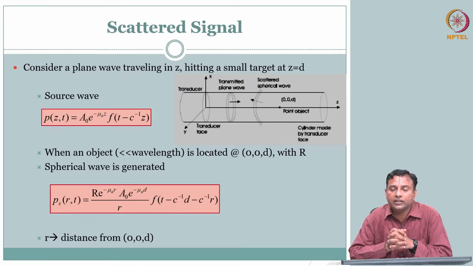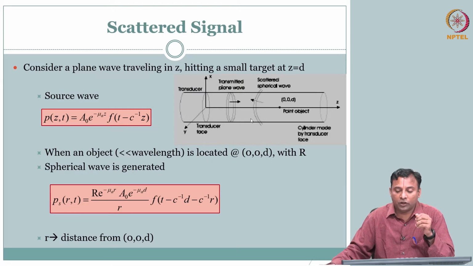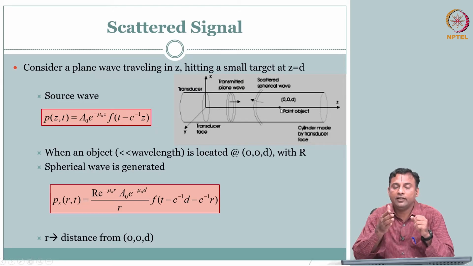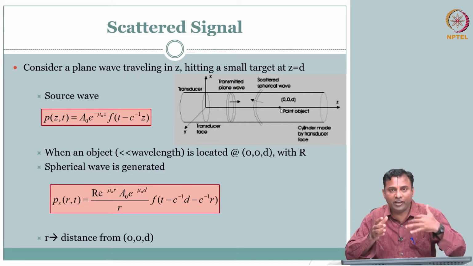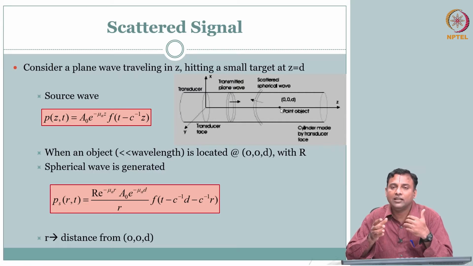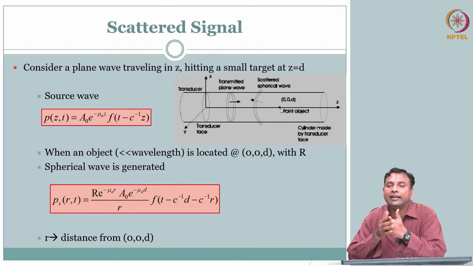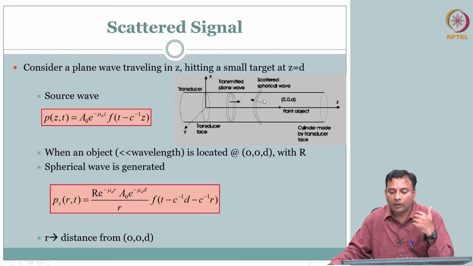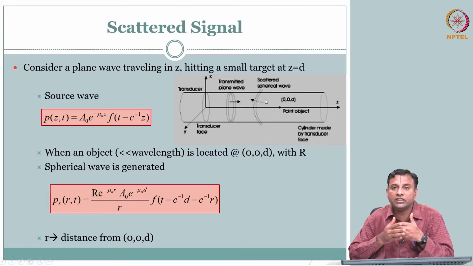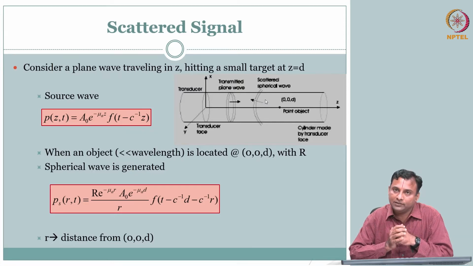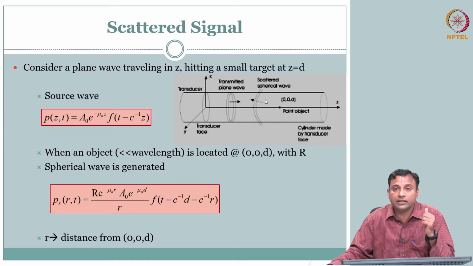Now we'll stretch a little bit beyond and ask ourselves, what happens if this interface or this acoustic scatterer that we modeled is not stationary? So the wave is traveling, but it is encountering an interface or a point object which is not stationary, which is moving. Then what happens? That is important.